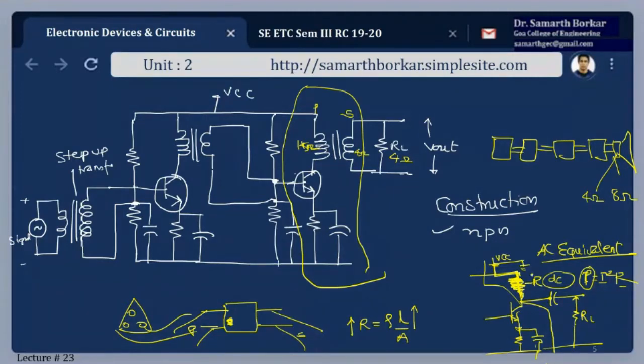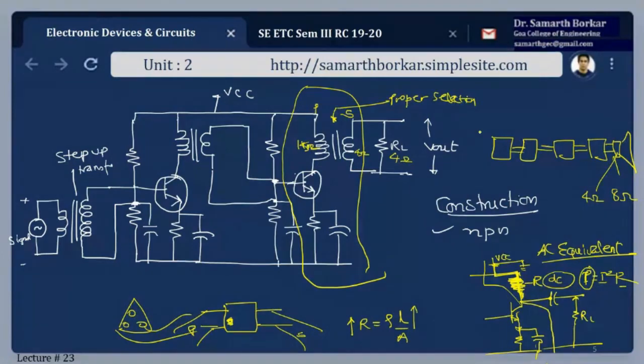Fine. So what we do is, instead of connecting a resistor, we connect a transformer. That's another reason why we have a transformer here. So hope this is clear. Now, the most important thing is the proper selection of this. You cannot randomly connect any kind of transformer.